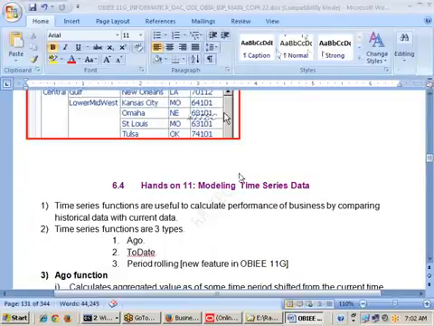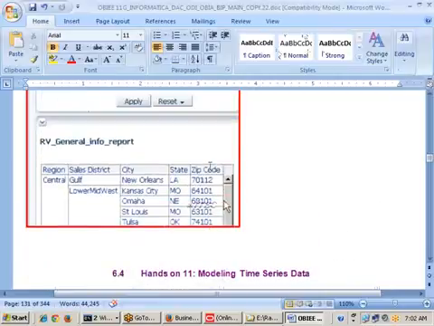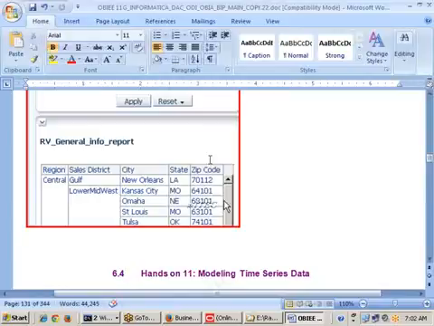Okay, in yesterday's class, we had the chance to understand two types of variables. One is called the presentation variable, the second is called the request variable. Both we define in the dashboard prompt. Once we define them in the dashboard prompt,